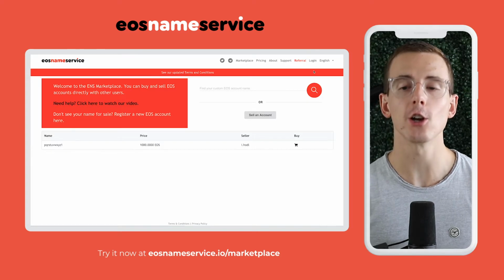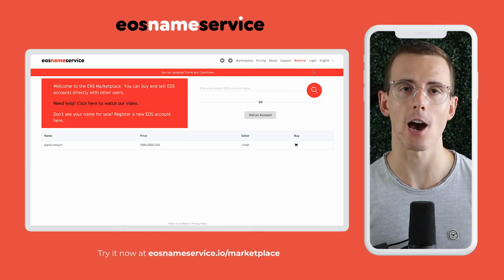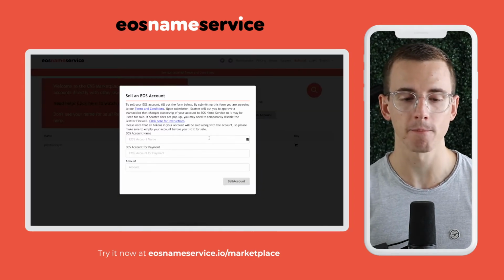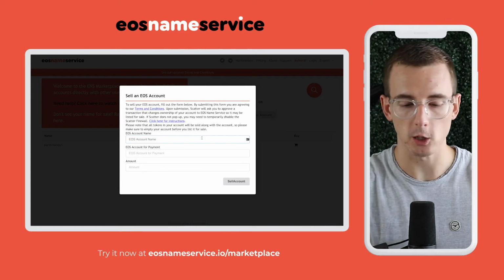Now that we're ready to sell our account on the ENS Marketplace, all you need to do is log in with Scatter using the owner key on the account that you want to sell. Once you log in, you simply click the Sell an Account button, fill in the EOS account name that you want to sell,